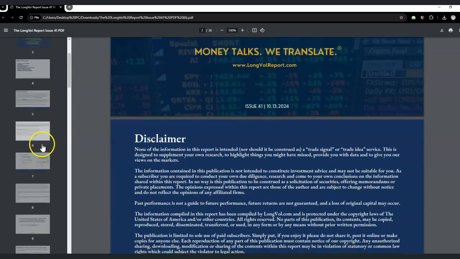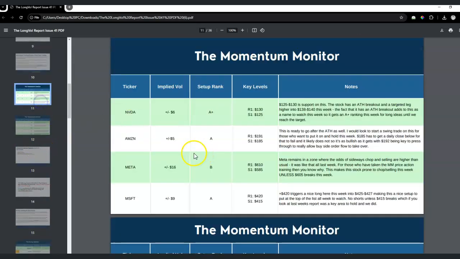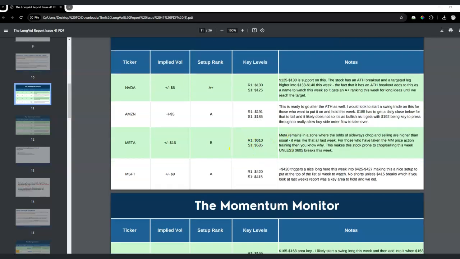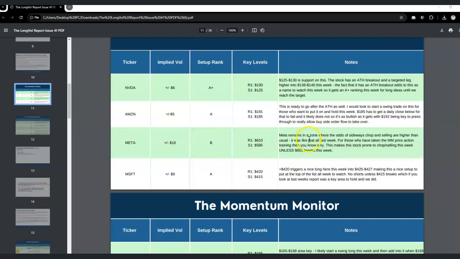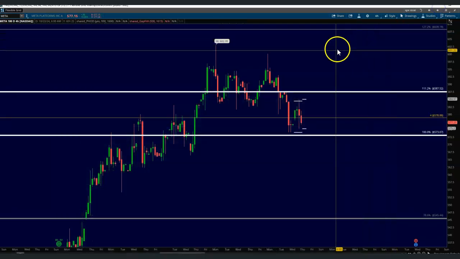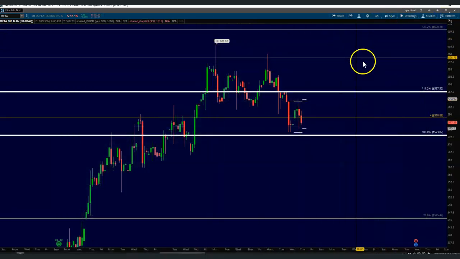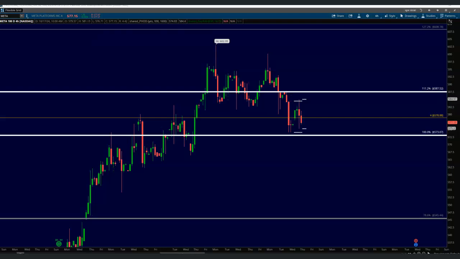But the point is we publish this report every week. There's a section here. You can go to Meta and look at the notes. And I'll explain to you on Meta here what we're looking at. This isn't a sell zone. Now, when we say sell zone, there's analysis we use to determine that there's nothing that I want to do that tells me I want to be a buyer of Meta. Again, based on the way we look at price analysis and technical analysis, this entire section of price action up here is going to create a scenario where, again, like you're seeing,